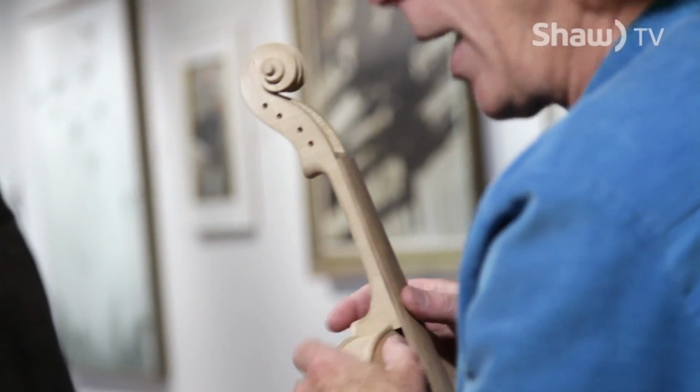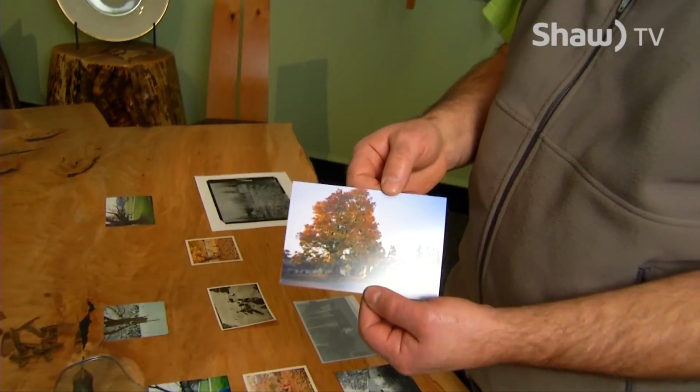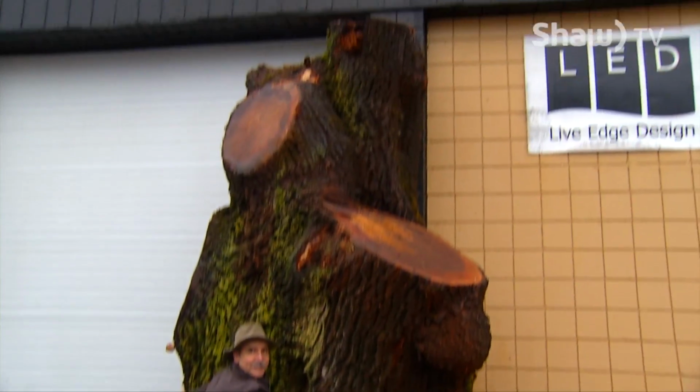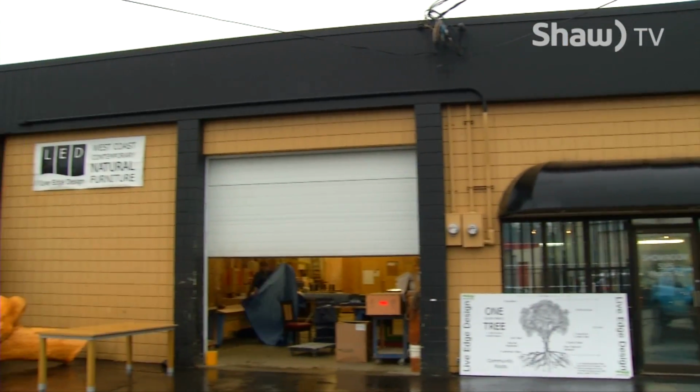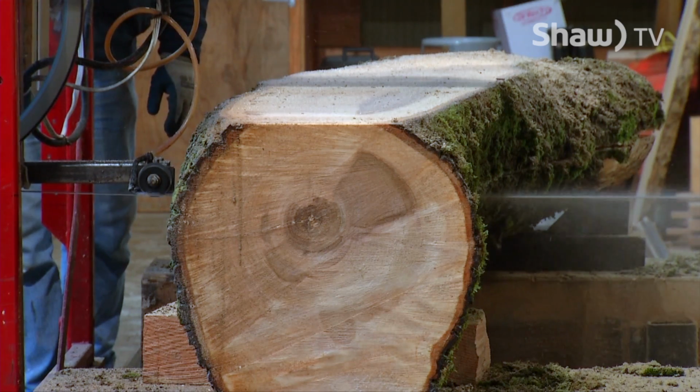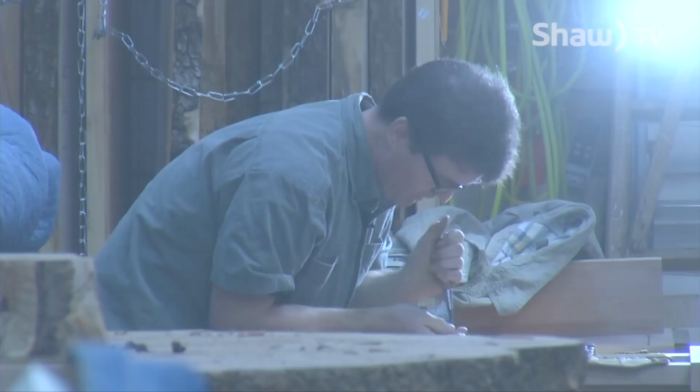The idea of a bunch of beautiful things made from one big maple tree from the Cowichan Valley was pretty brilliant. October 2014, a 150-year-old big leaf maple from the Cowichan Valley had to be taken down. A local furniture company, Live Edge Design, challenged over 40 wood artisans to turn a dead tree into timeless works